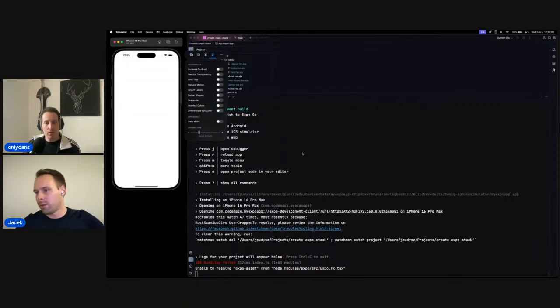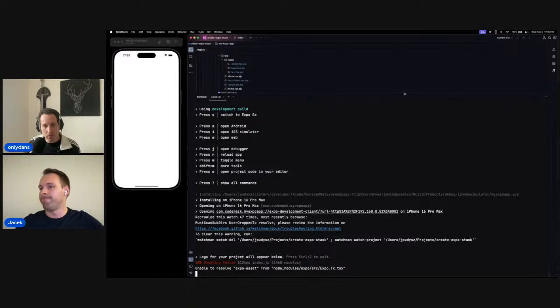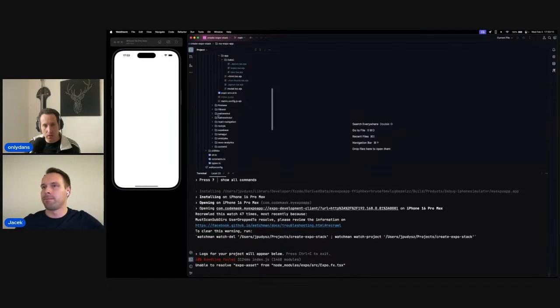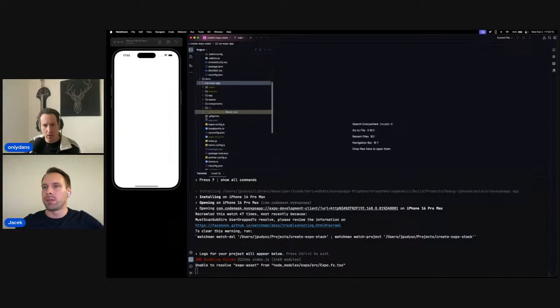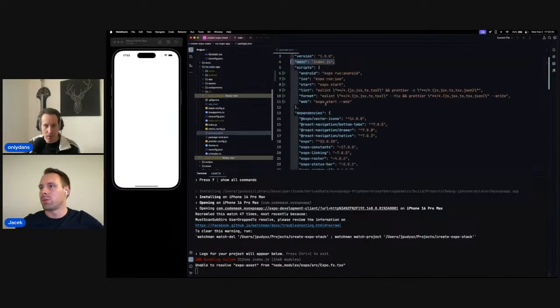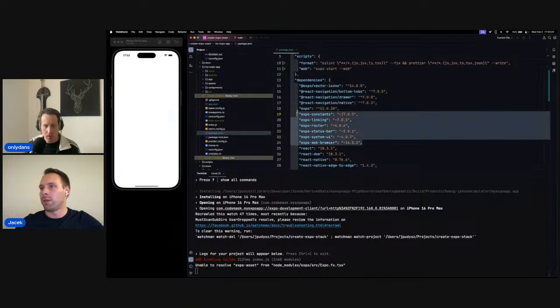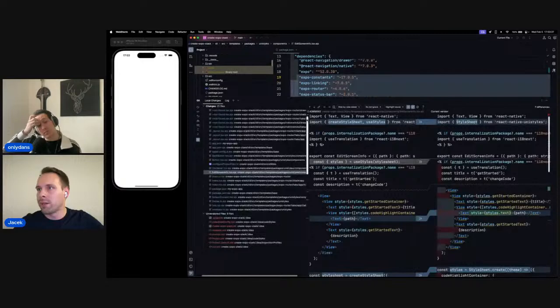Okay, we have an error this time in the node module. Expo is unable to resolve expo asset. That's interesting. Do we need expo asset here? Let me check. Well, did you even change anything in there is the question. I'm not sure. For sure, we don't have expo asset, but let me check the files for